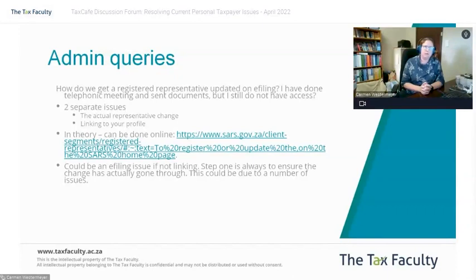In terms of if you aren't getting any joy with respect to the e-filing, and I know there's been issues with the call center, unfortunately that's where I would then go and say it's the branch manager escalation process, as I discussed in the previous session. It's the branch manager escalation. It would be the direct appointment with the tax practitioner unit. Alternatively, these issues where the administrative changes are not going through, that's when you could put in a CMO complaint. So those three, thereafter it's the ombudsman. Okay.